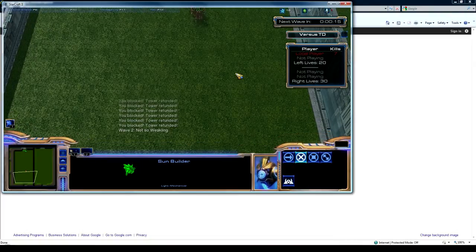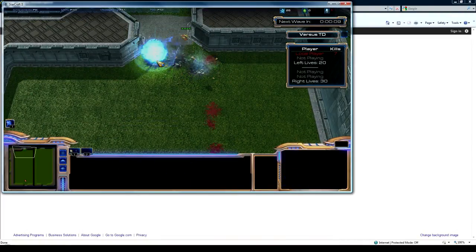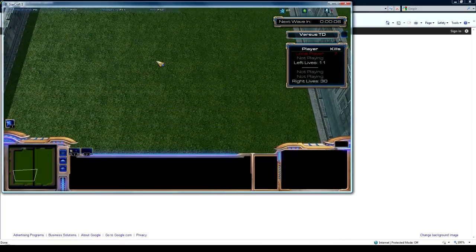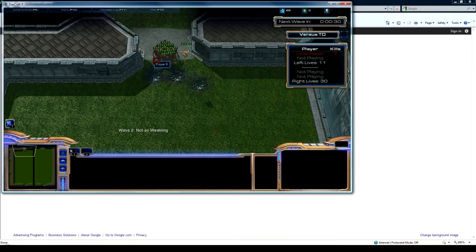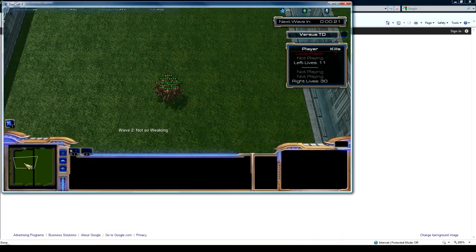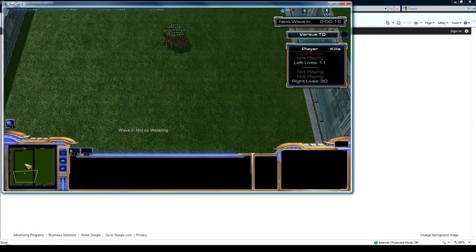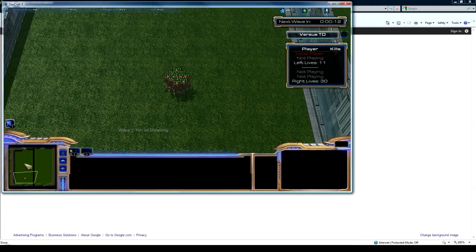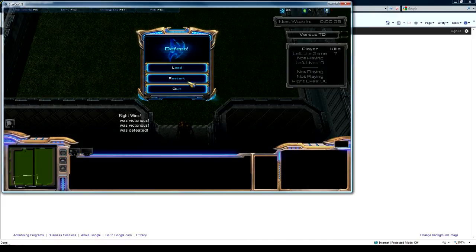And I'm going to wait till I lose here. So let me just sell these towers off, so I lose a lot faster. And then I'll go test the shadow team and make sure that all works. And then you'll pretty much be on your way. You can just expand from what I've shown you, and hopefully add some more in-depth stuff like upgrades, tiers, unlocking, add mini games like Skibbies did back in Warcraft 3. Who knows? And the right side wins, technically. Well, technically I lost by myself, but